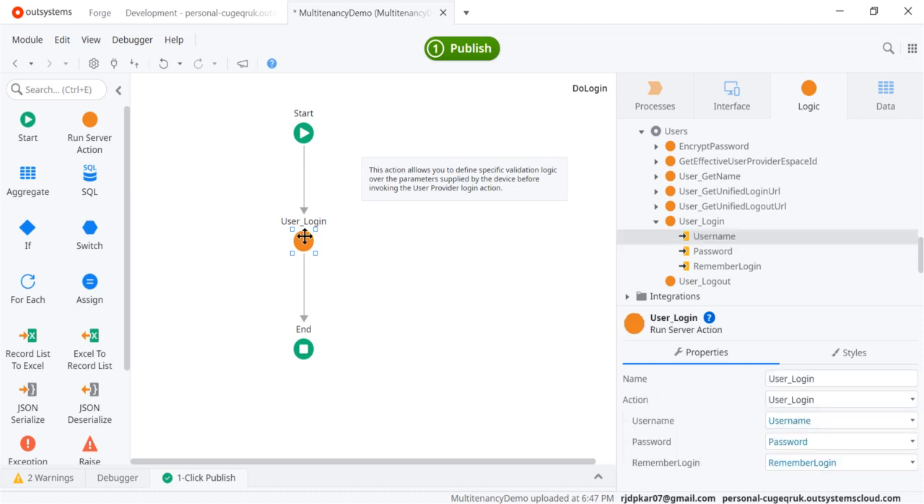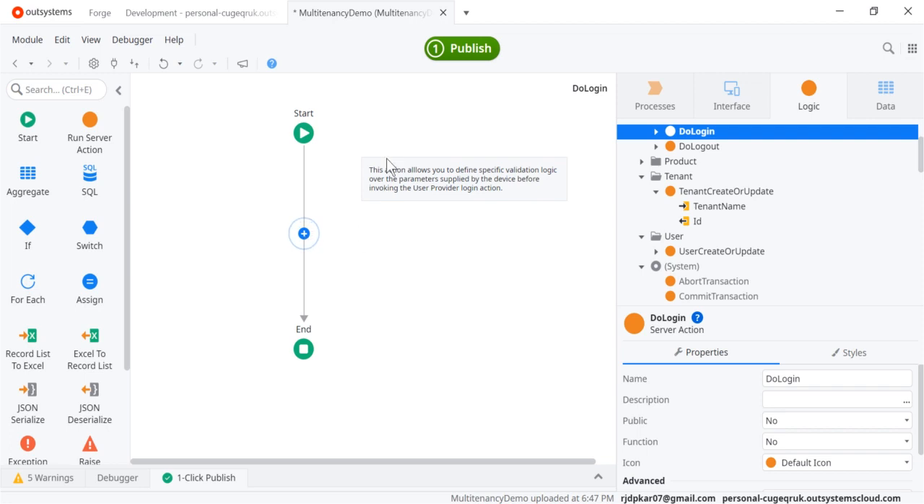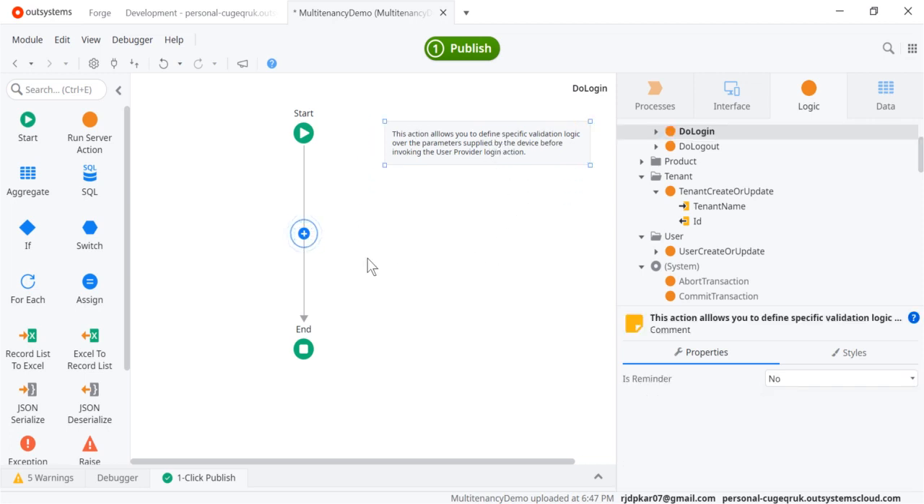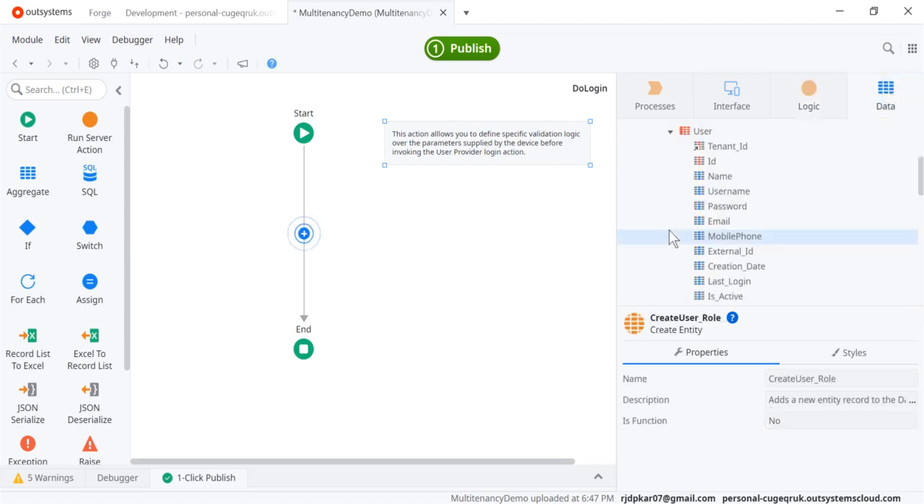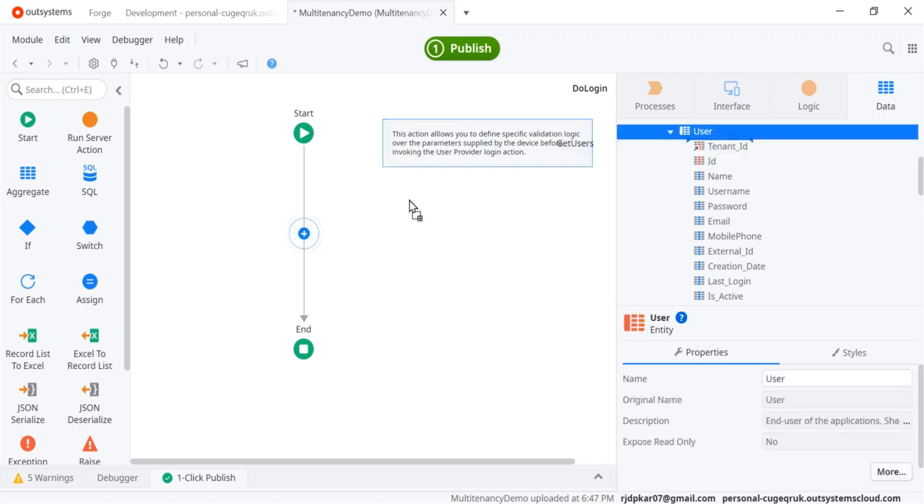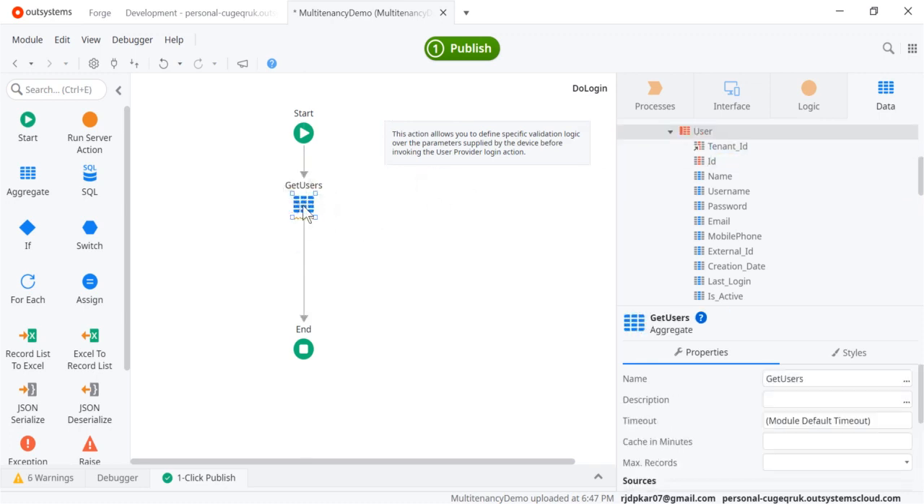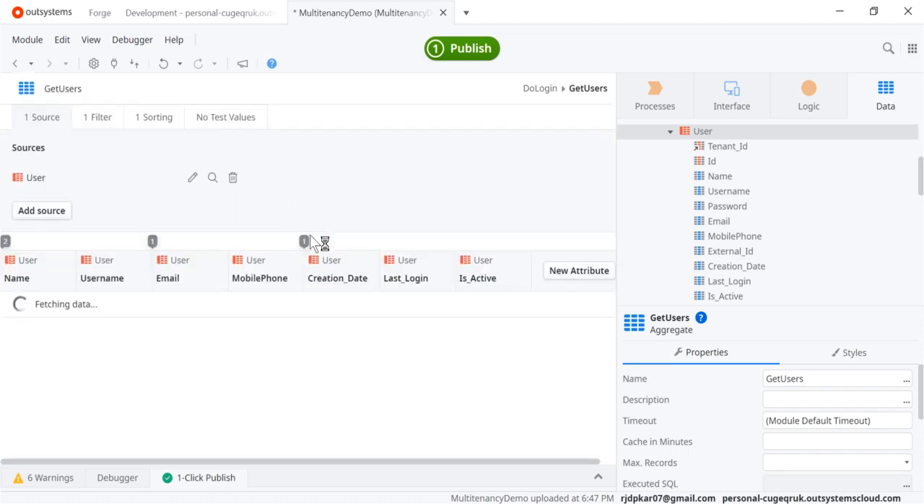I'm not going to utilize the user login method. Let's utilize something else. But first, we have to figure out the user. Let's find out the user detail, whether this particular user exists in the selected tenant or not. How can we find that out very easily? I'm just selecting this user